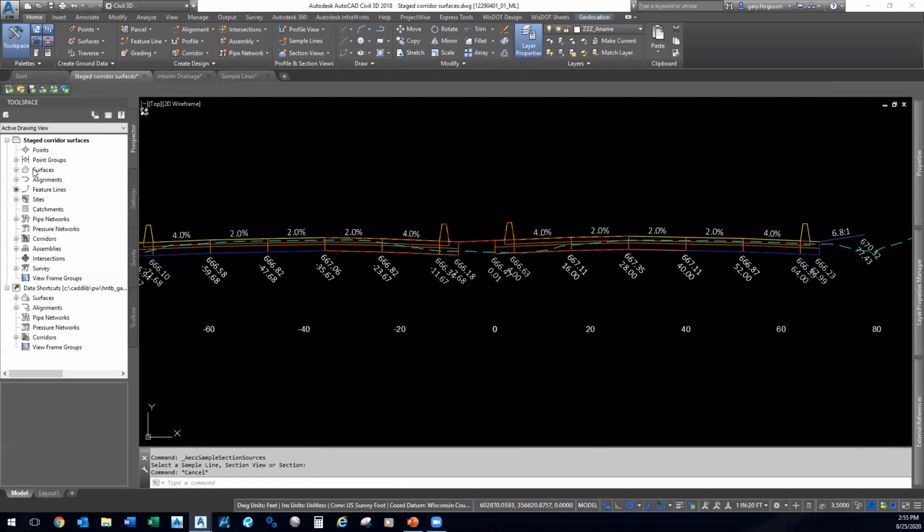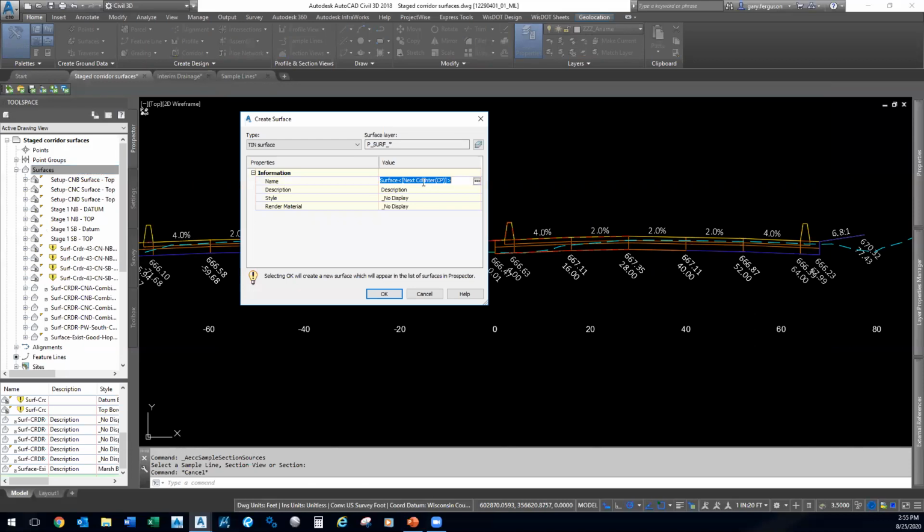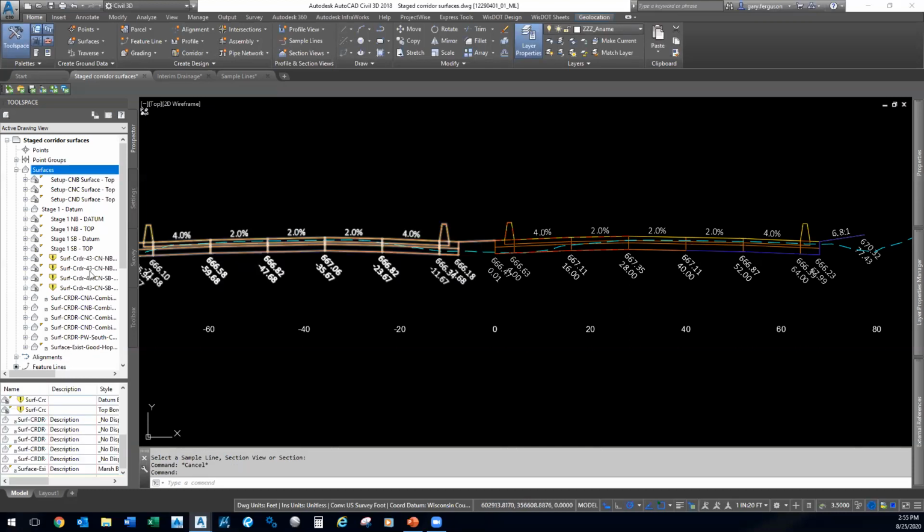So what we need to do now is create a new surface that's going to just represent my stage 1 construction. And you can call this top and datum. I'm just going to create the datum surface for stage 1 at this point. The only reason you'd create a top surface for stage 1 is so that you can merge that top in with your existing surface to sort of represent your existing surface for stage 2, but we're not going to get into that today. So I'm just going to go stage 1 datum, say okay, and I'm going to add